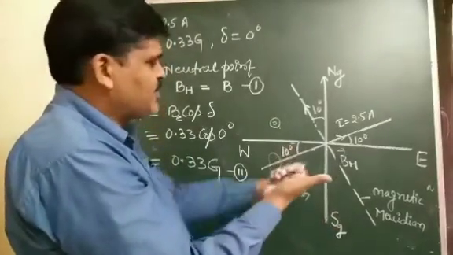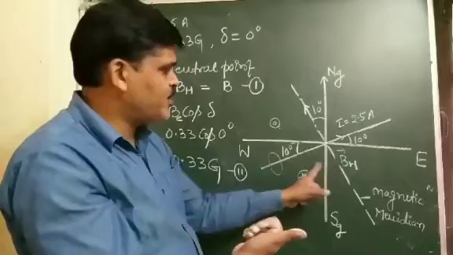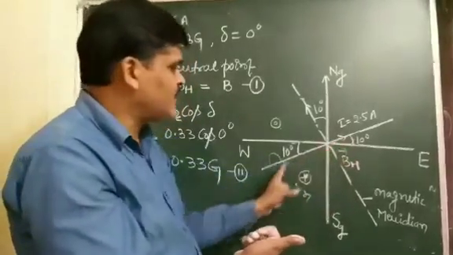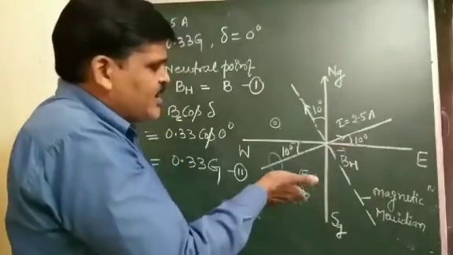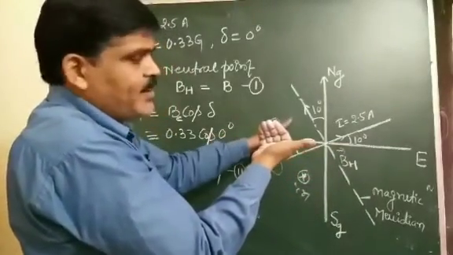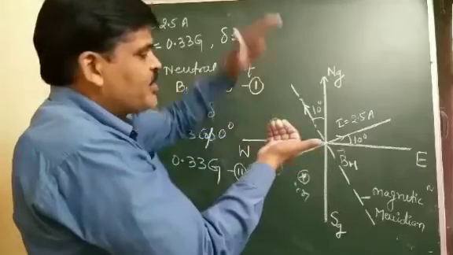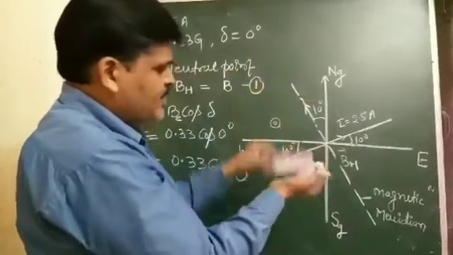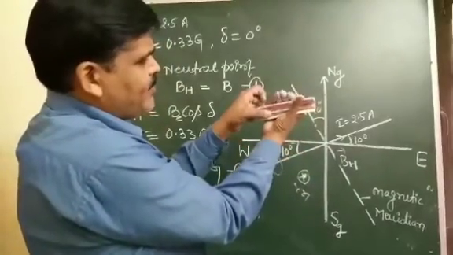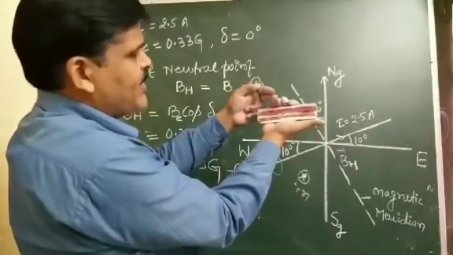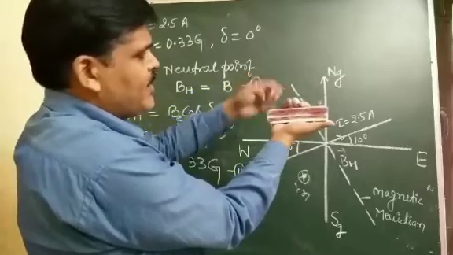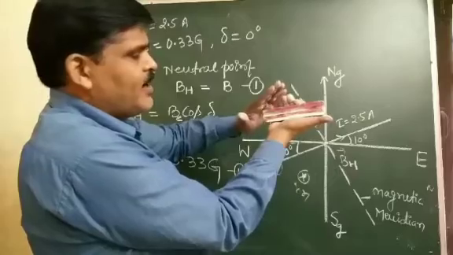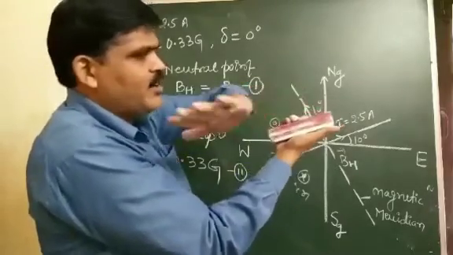So at what position will there be what? The magnetic field due to the horizontal component of Earth's magnetic field and the current carrying cable. So if we take a point just above the cable, parallel to the cable, and this is the cable, and if you take the direction of magnetic field just above the cable and draw a tangent, which gives the direction of that, what is it?